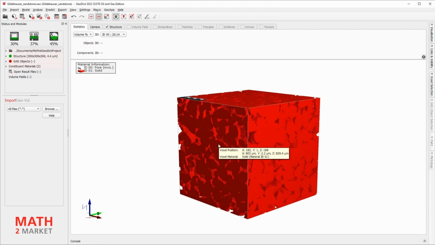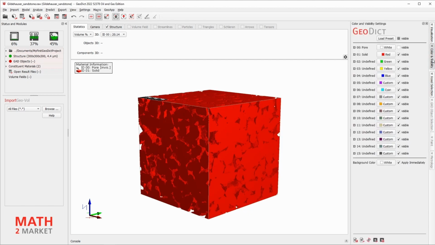Now, please adjust the colors by selecting the color and visibility settings from the right toolbar. Set the color of the quartz grains to gray. You can also adjust the rendering type of the structure by selecting the Smooth Renderer from the Structure menu.